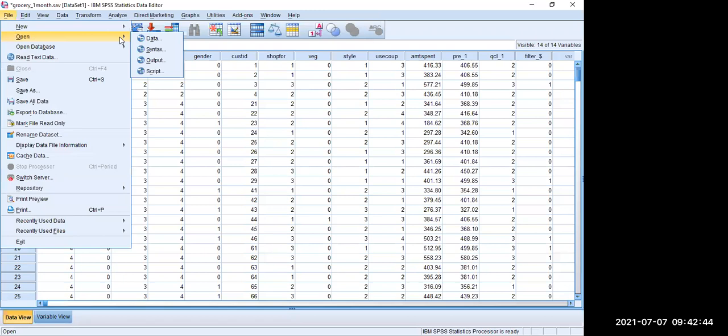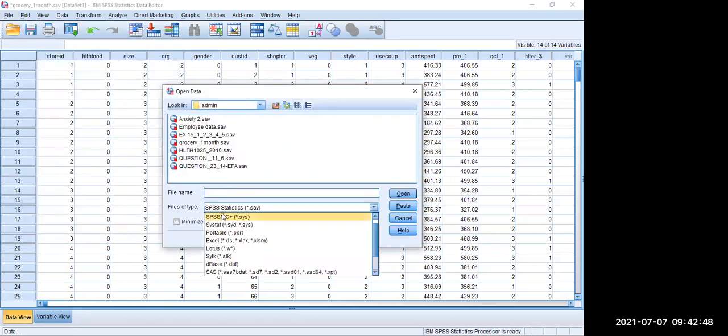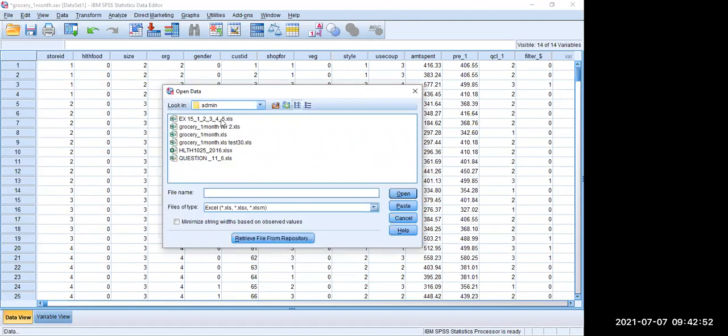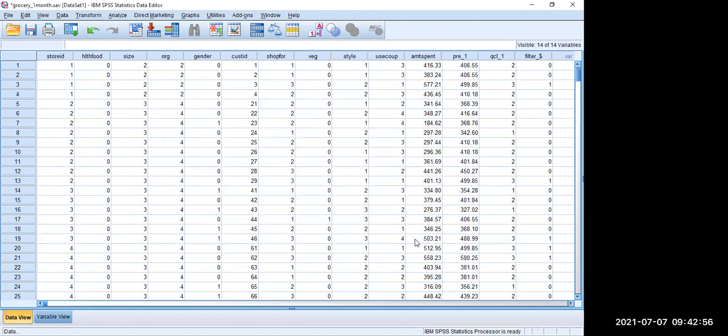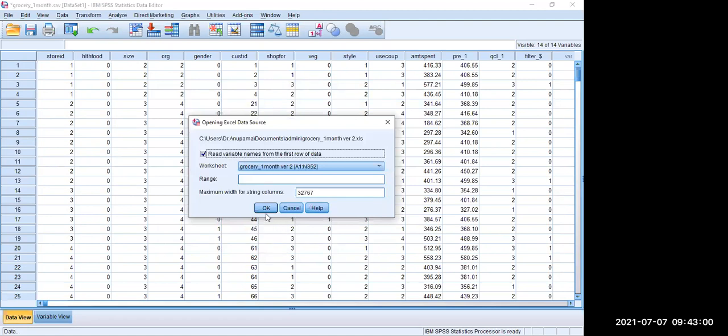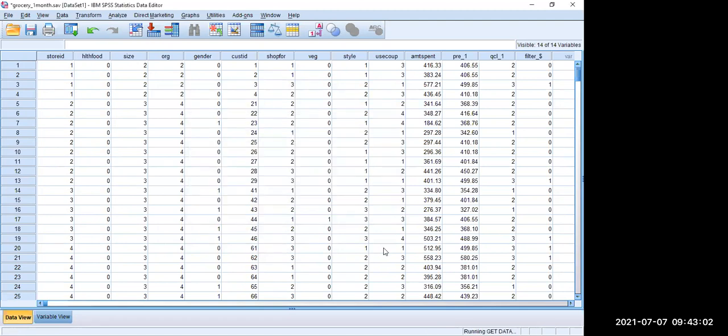For example, here. What did you see here?